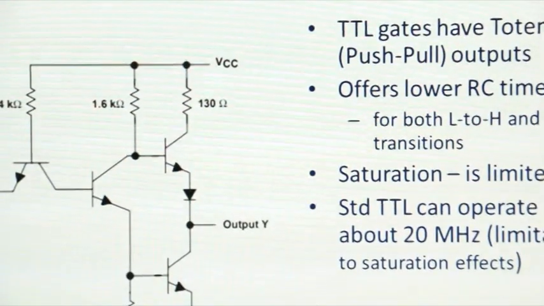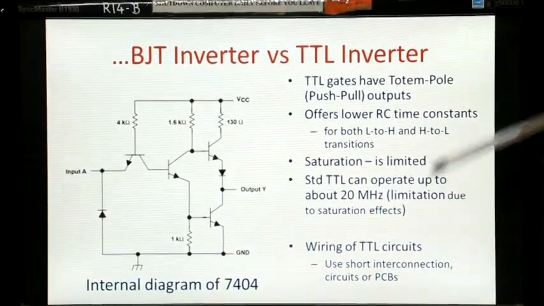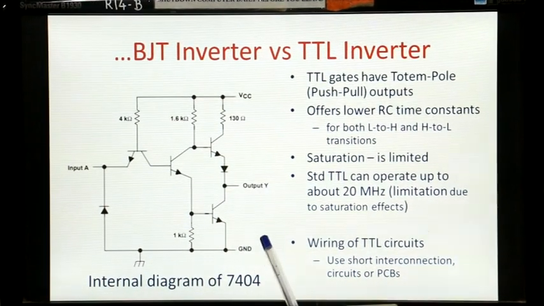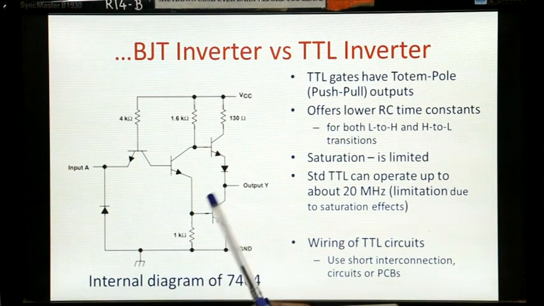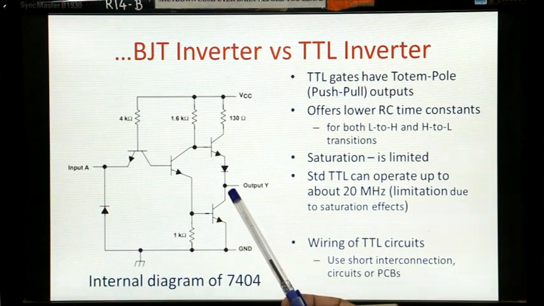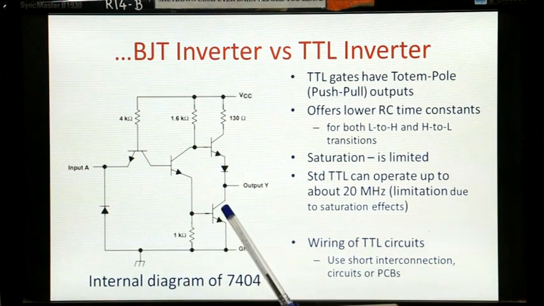We can see that from this particular TTL inverter circuit which we covered in the last lab lecture. The interesting thing about a TTL is the output. Look at the output side. It is what is called a totem pole, or another word is push pull. We saw that in the BJT inverter, the high to low transitions were not a problem. A similar thing is happening here: for high to low, this particular transistor will go into saturation.